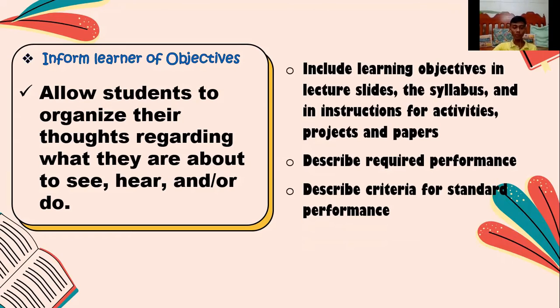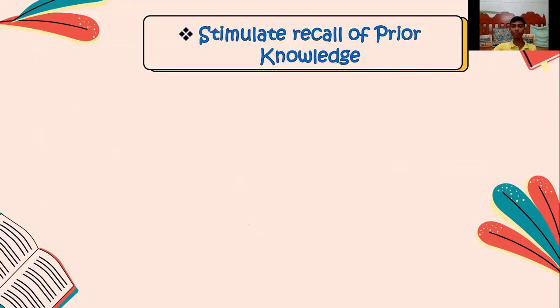First, include learning objectives in lecture slides, the syllabus, and in instructions for activities, projects, and papers. Another is to describe required performance. And lastly, describe criteria for standard performance. These are some of the ways we can inform our learners about the objectives. Next, third is recall of